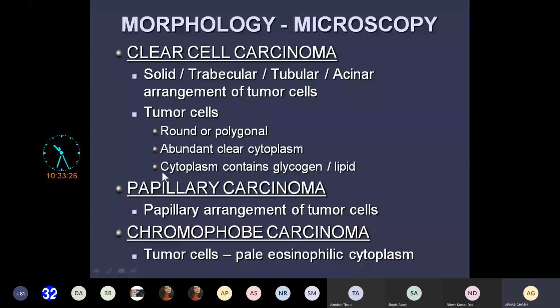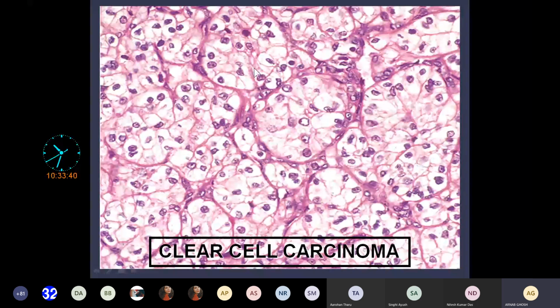So let us see a picture here. Clear cell carcinoma: you see all these are the tumor cells, and they are forming these round clusters. Okay, so they are basically forming tubules. Tubules like this you can make out, right? And all this you can see the nucleus, but the cytoplasm is all clear cytoplasm, and that clarity of the cytoplasm